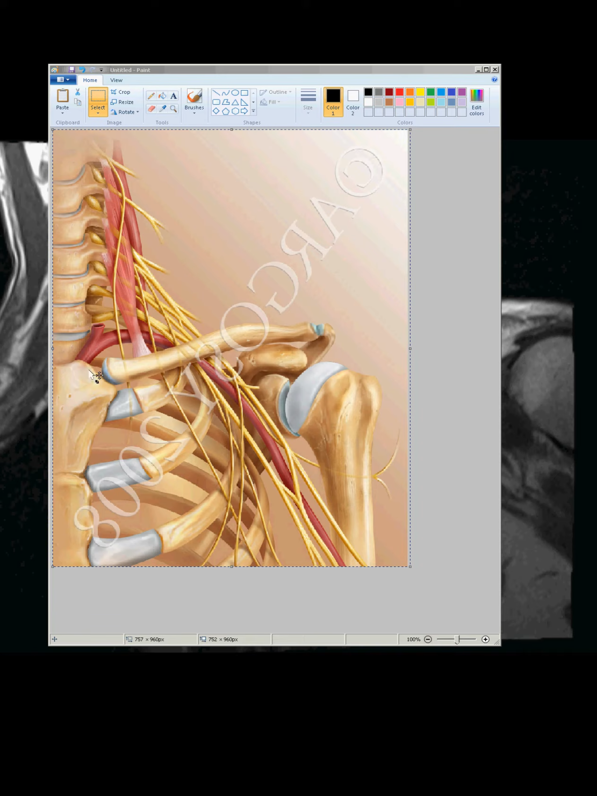So if this is C7, let's say, I guess maybe this is T1 in this case, T1, 7, 6, 5. So all this upper cervical spine stuff does not contribute to the brachial plexus. The way we image it,